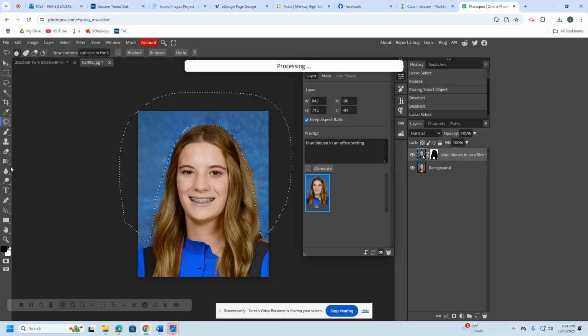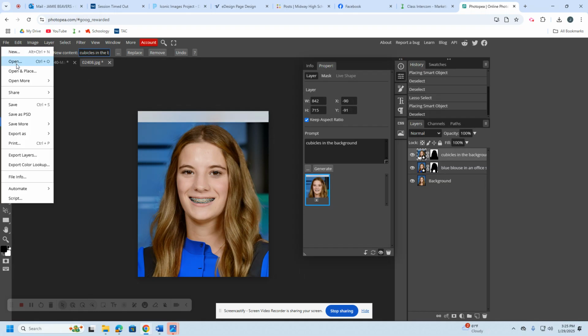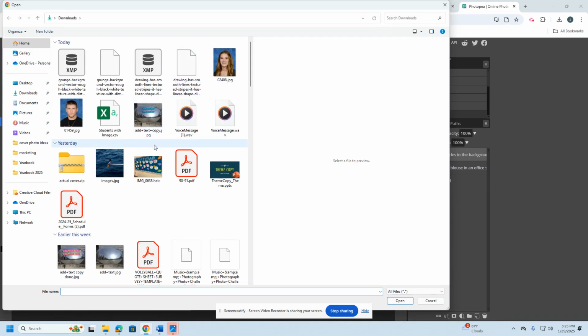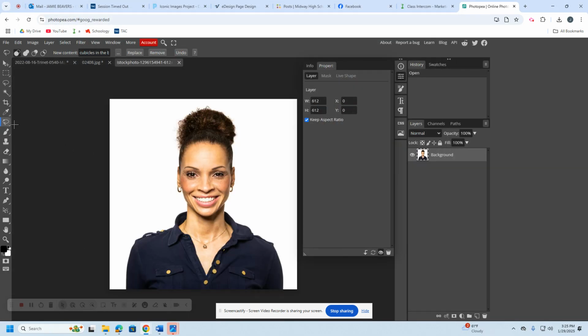All right, let's see what we get. Will we get actual cubicles in the background? Nope, not even close. But hey, it's a different background. So they should try out different prompts, try out different things. I do want to show you a common problem with them not following directions. I said that